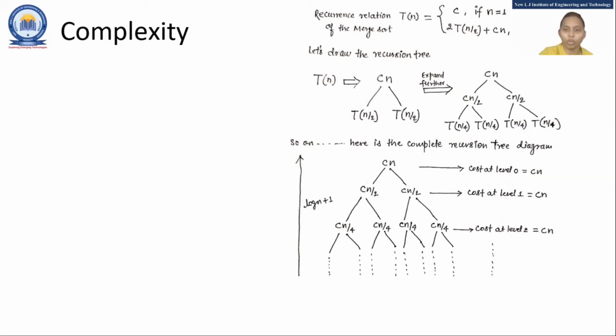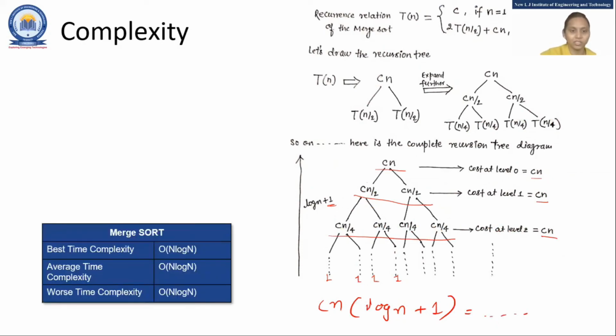This is the total flow, and how many times will this happen? Log n plus 1. Why am I saying log n plus 1? One extra step is considered because at the last level 1, 1, 1, 1 happen, and then you need to merge all the things. Normally a binary tree has the height of log n, but here it is log n plus 1. At every level, how many operations are we doing? At every level, you can see n by 4 four times, so the total cost is cn only. So at every level we do cn work, and this cn work happens log n plus 1 times. So simple multiplication is required: cn into log n plus 1.